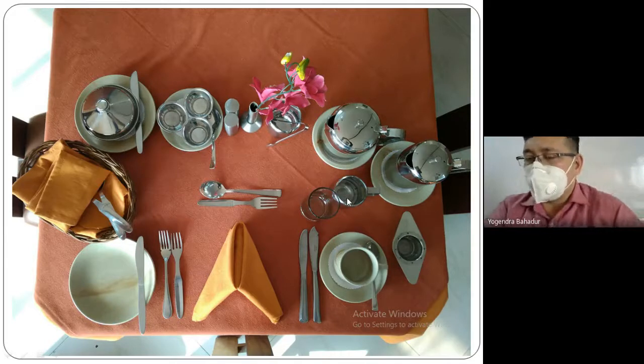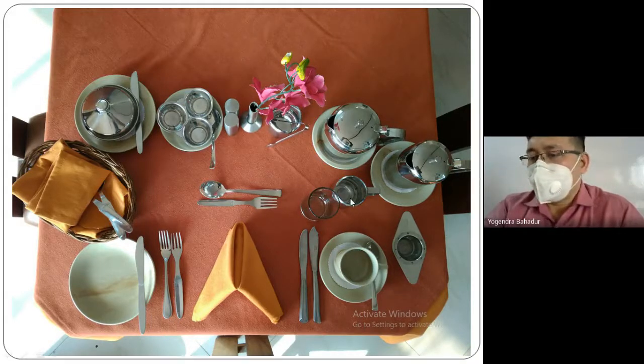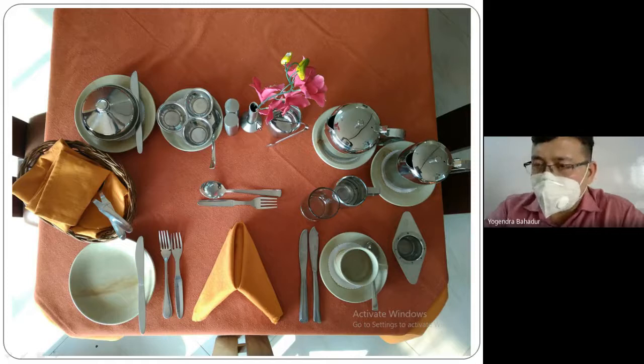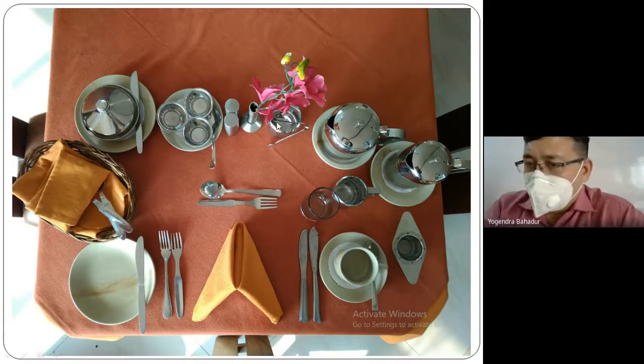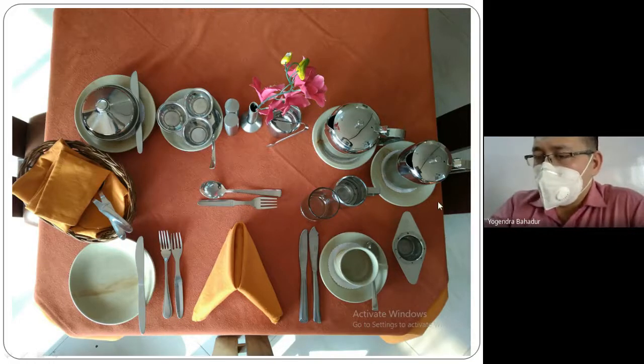Do we actually serve cream by using this pot? No, it is not like that. Generally, we don't call it a milk pot. We call it by the name of creamer only. So this creamer is basically used to serve the milk. And just next on the right hand side of the bud vase, you can see there is a sugar bowl with sugar tongs. So this is all about the right hand side of the cover, which is related to the beverage.